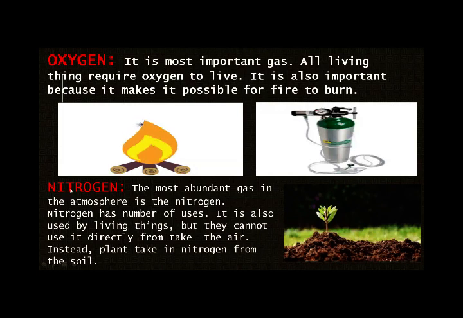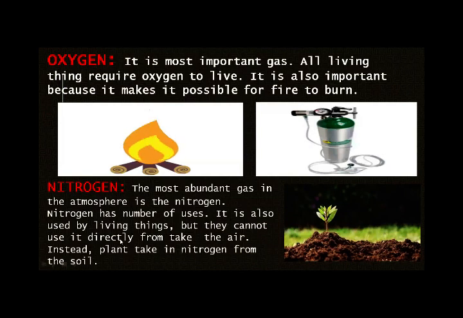The second gas is nitrogen, which is present in our atmosphere at 78%. What is the purpose of nitrogen in the atmosphere? It is the most abundant gas in the atmosphere. Nitrogen has a number of uses. It is also used by living things. We can say that it is used in